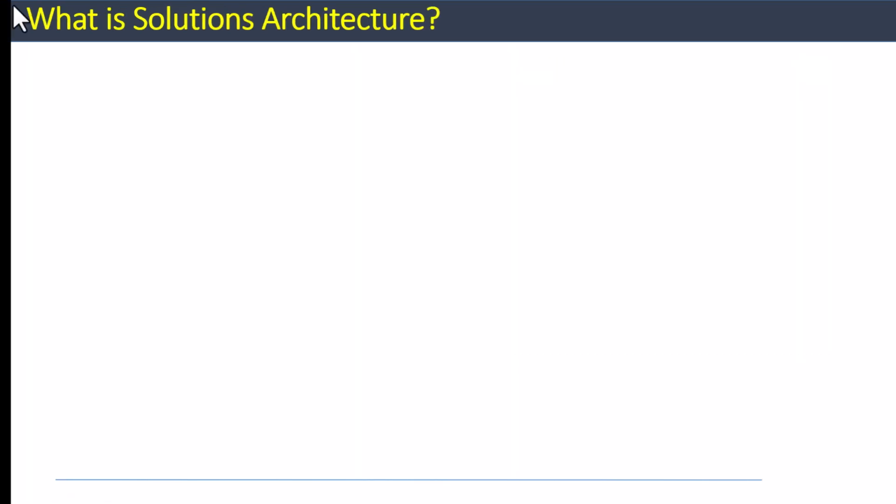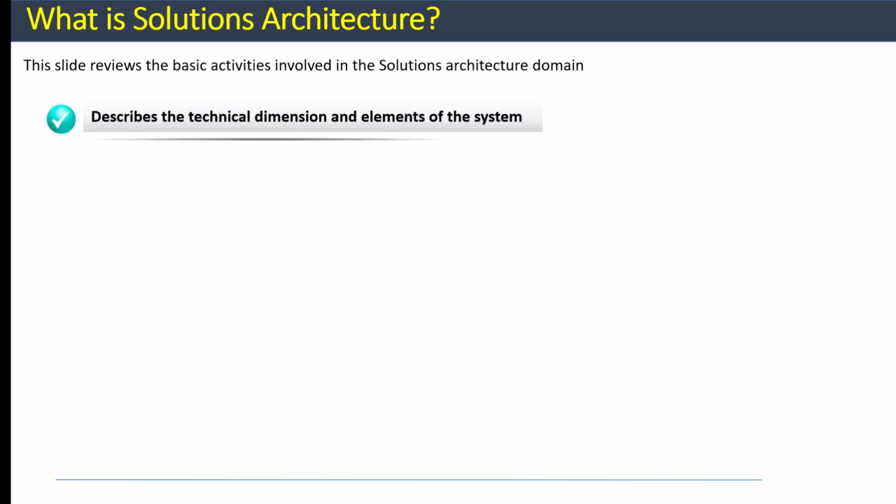Let's discuss what is meant by the term solutions architecture. Once we understand this, it will set the stage for what's needed to become a solutions architect in terms of skills and taking on the right career path. First, solutions architecture usually shows how the system is meant to work from a technical perspective. So at a high level, the solutions architecture shows all the technical elements and building blocks of the system being designed and implemented. This includes applications, databases, network elements, data flows, system interfaces, and other components that make up the